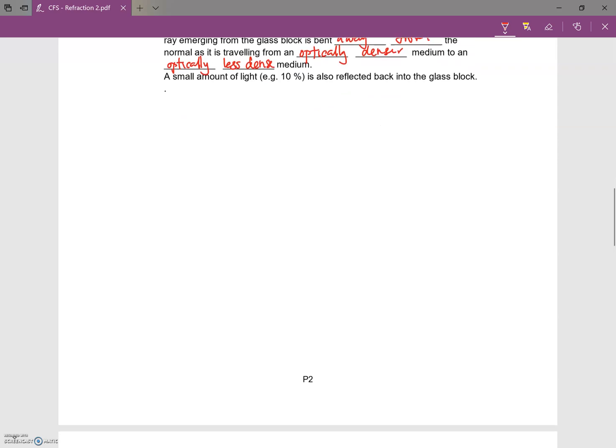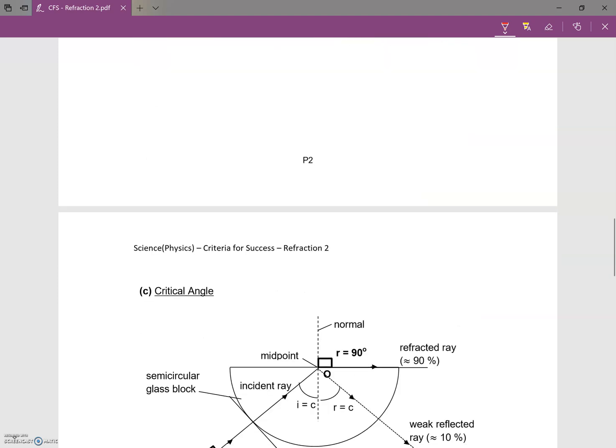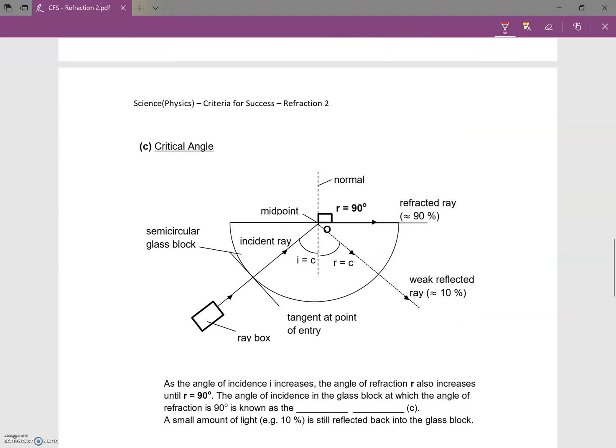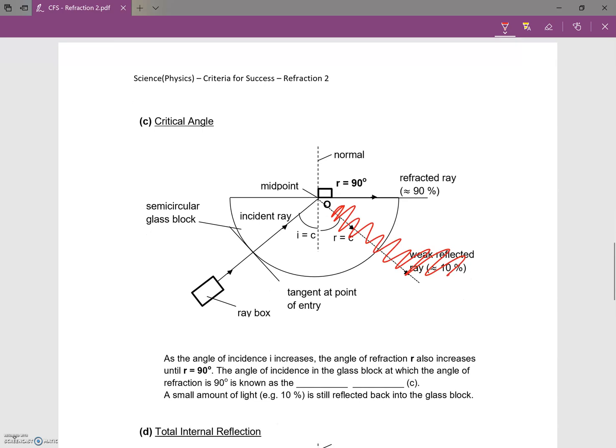Now this is the part where it gets a little bit interesting. Okay, you realize that the light ray is bending away from normal here. What happens if I increase the angle I? So if I increase it more and more and more, it will come to the next scenario. Okay, now let's once again ignore this light ray over here, this weak refracted light ray. Now if I increase